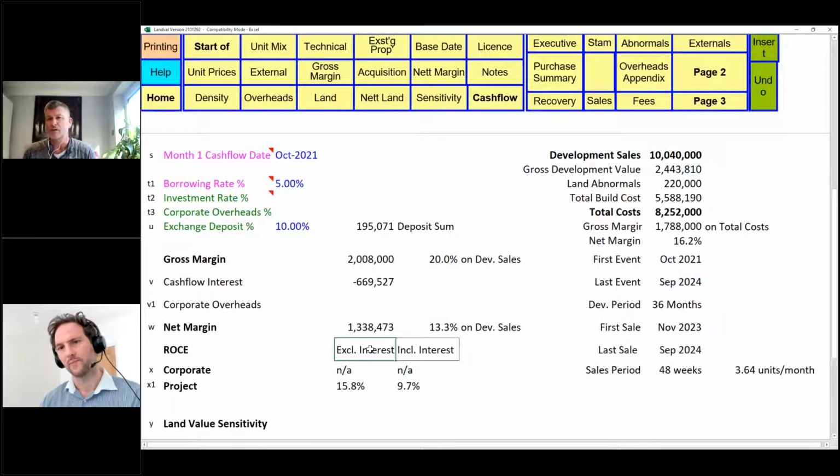And we can then give you return on capital employed, which is a common parameter in the private sector. So return on the money that we've been using to get back, and ideally we're using 5% for our borrowing, so our marker should be a lot higher than that. You can see here that this is 15.8, or 9.7, excuse me. And you can see our totals here and the months that we've got on the right hand side. So that's pretty much laying it to interest. But again, it all comes down to what information you're putting on your gross margin to bring that forward.